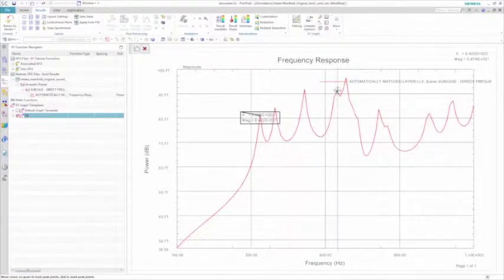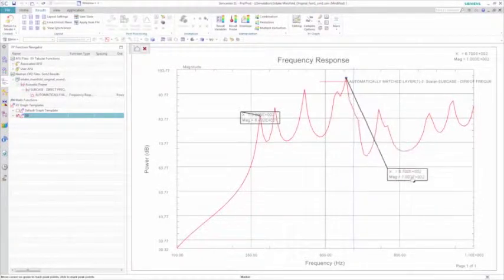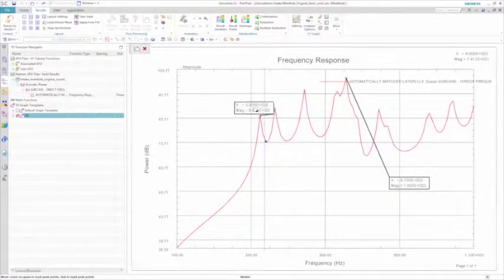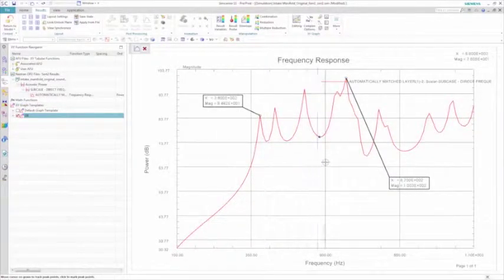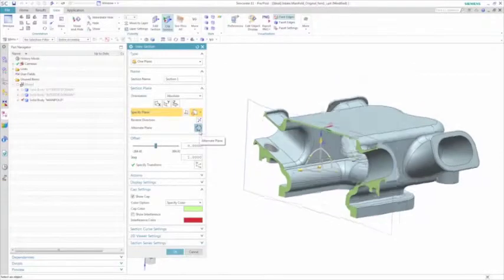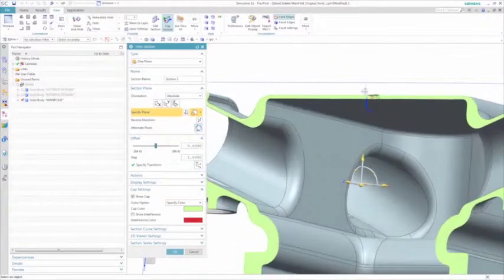SimCenter 3D offers a number of post-processing tools to further probe your results, and in this case, you can quickly probe the peaks of the curve and highlight the magnitudes of interest. Based on these results, you seek to minimize the radiated noise. One way of reducing the noise is to stiffen the structure, and you might decide to thicken the upper panel